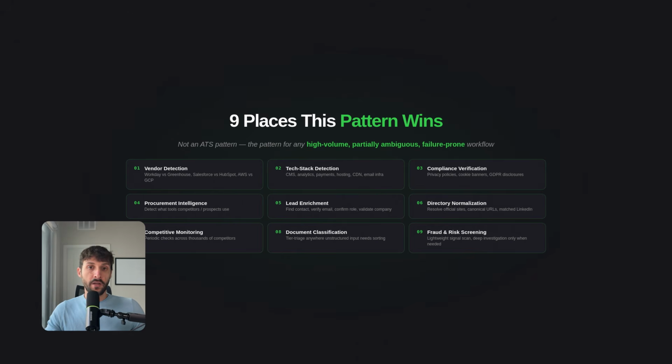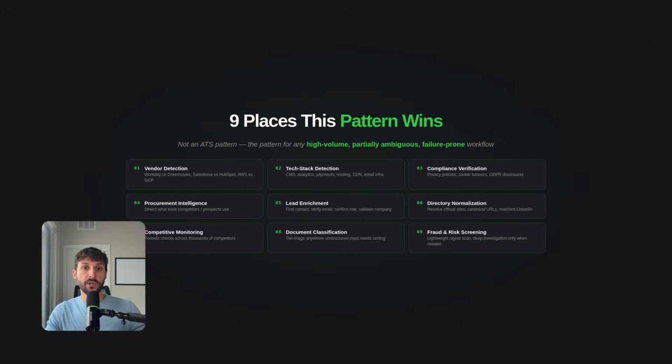Seventh, competitive monitoring. Periodic checks across thousands of competitors with automatic restart on failure. The watchdog layer is what actually makes this practical. You set it up once and it runs forever, only pinging you when something genuinely changes and requires a decision. Eighth, document or web classification at scale. Triage with a cheap pass, classify with a medium pass, fall back to a deep pass only when needed. Anywhere you have a pile of unstructured input that needs to be sorted into buckets, this is the pattern that